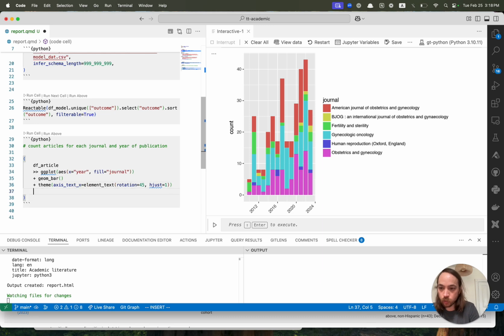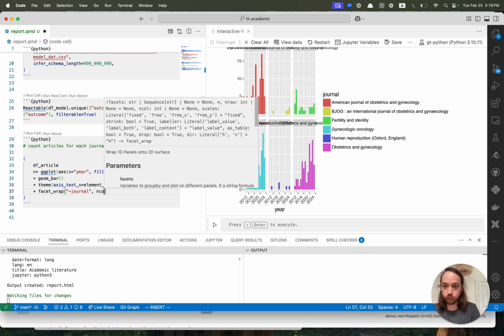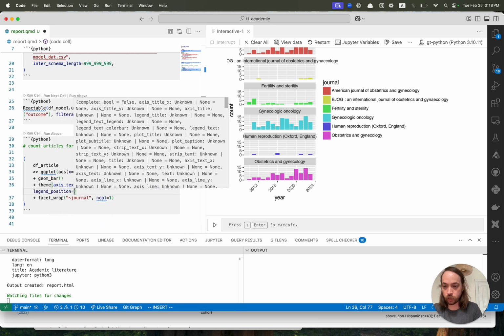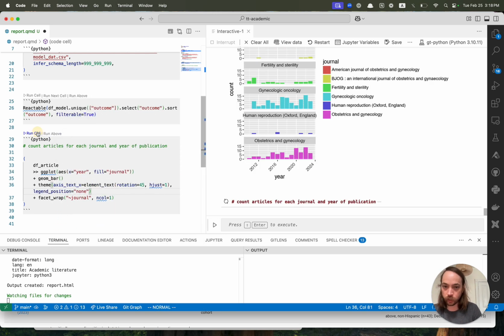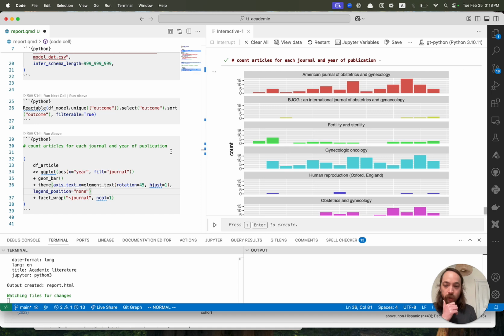We could do facet wrap by journal. Okay, but I'm going to do just one column so it's easy to see. I'm going to turn the legend off again. Legend position equals none. This might make it just a little bit easier to, not really. I guess this doesn't really help us compare it. We could do, rather than bar, a line, in which case we'll want to